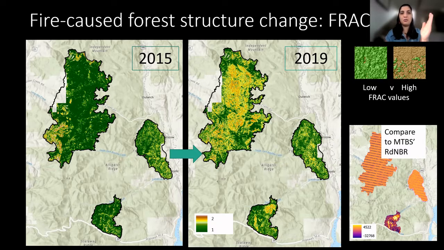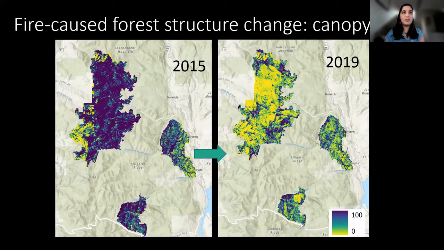And just as a visual comparison, the two do look pretty similar, which again is another gut check for me that, okay, post-fire frac in this case is kind of like a nice proxy for burn severity, just at a really high level. I went ahead and did the same thing in producing these maps just for the canopy cover. And again, it's telling the same story that before the fires, there was pretty decent high canopy cover across at least most of the area that the Stickpin fire burned in.